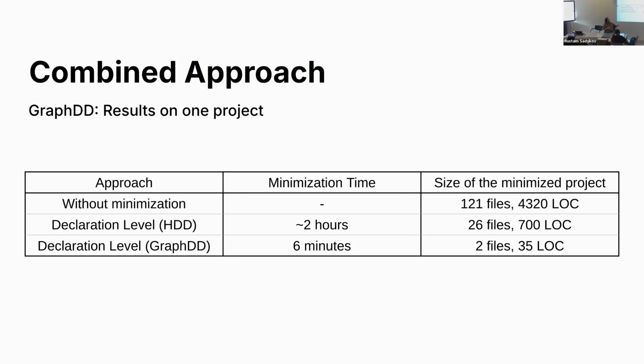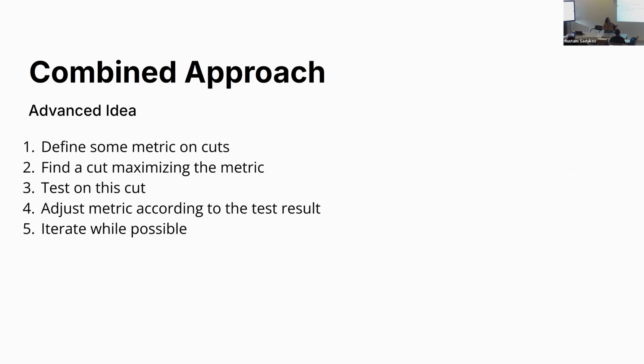But when we apply GraphDD, it works only 6 minutes, and as a result, we receive as minimal a result as is possible here. So this algorithm just changes the order of items that we traverse over, but it brings a lot of results. And of course, there are some optimizations of such an algorithm that we have not implemented